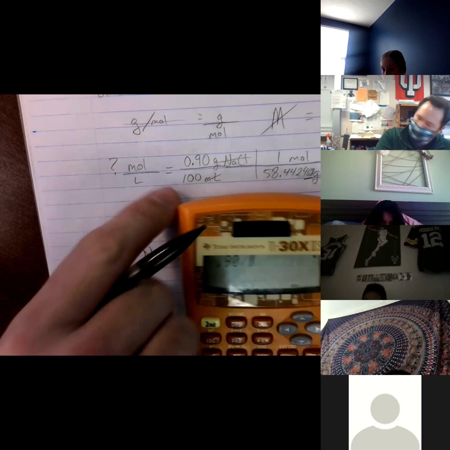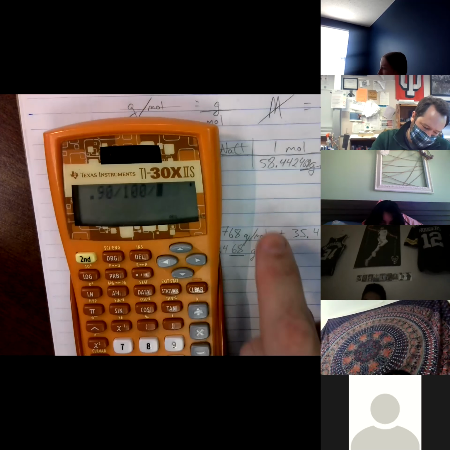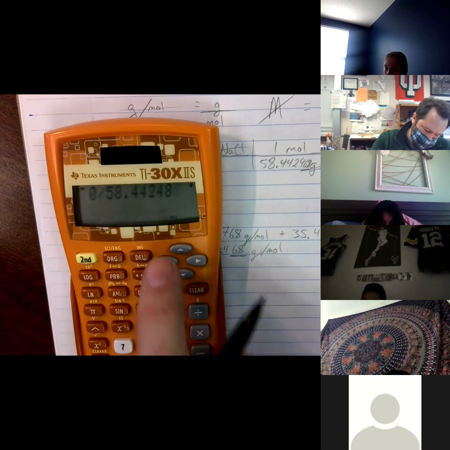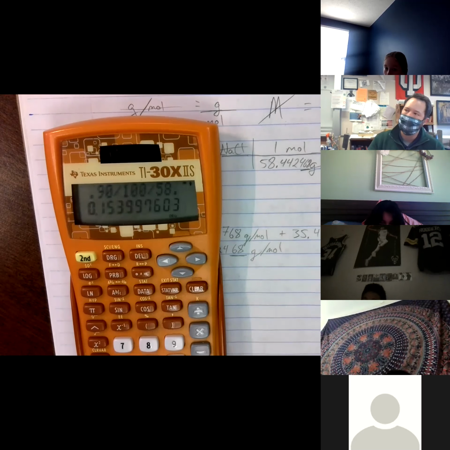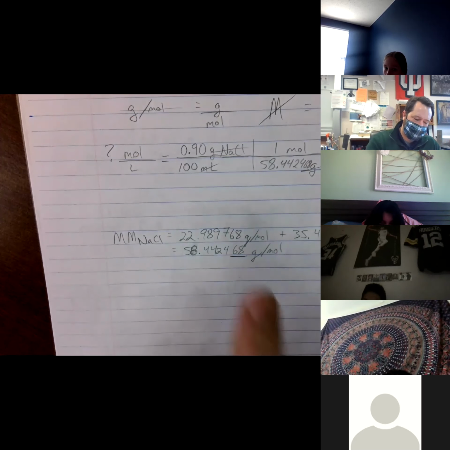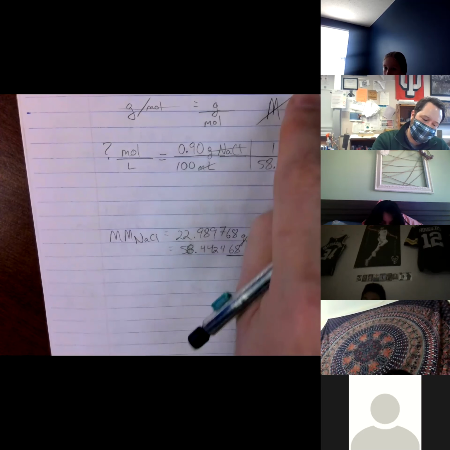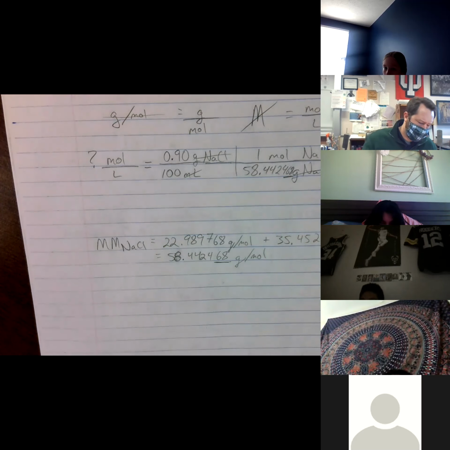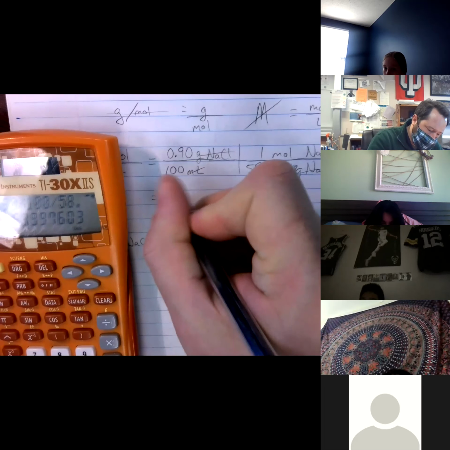0.90 divided by 100 divided by 58.442468 times 1,000. Voila. Double check our significant digits. I started with only 2 right there. This said exactly 100 milliliters. So if it's exact, that means it's infinite significant digits. So we're going to be limited to just 2 significant digits. Our molarity is